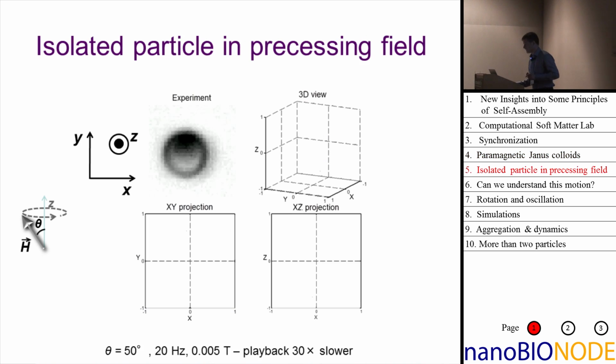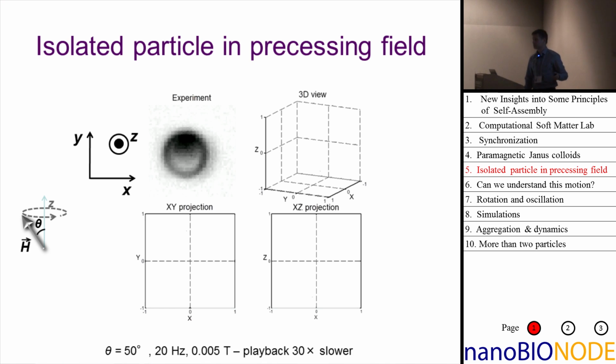It is so complicated that it's best illustrated with a movie. And so the idea is as follows. The screen is the XY plane. The Z-axis is coming out of the screen. And the microscope image is a top view of the particle. The other three panels will just show, let's say, the north pole, so the top of the magnetic side of the particle as we move along.